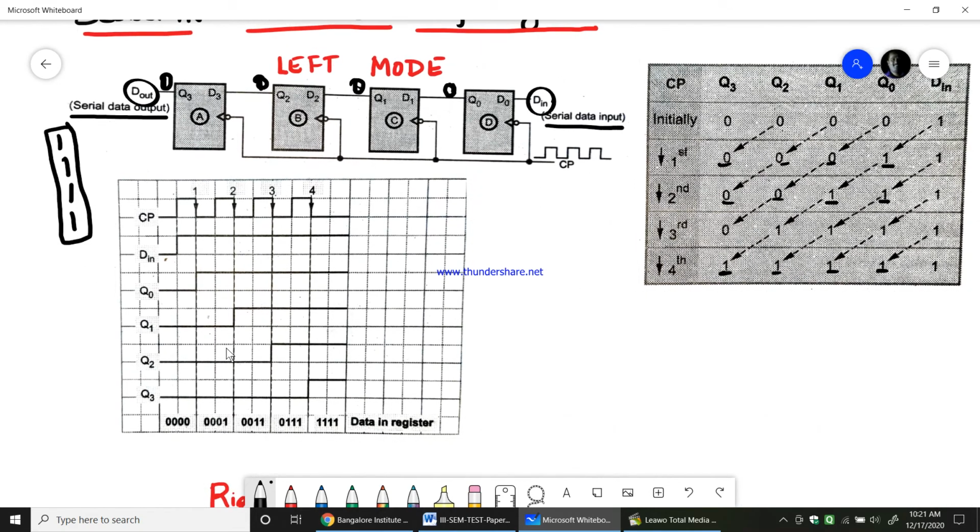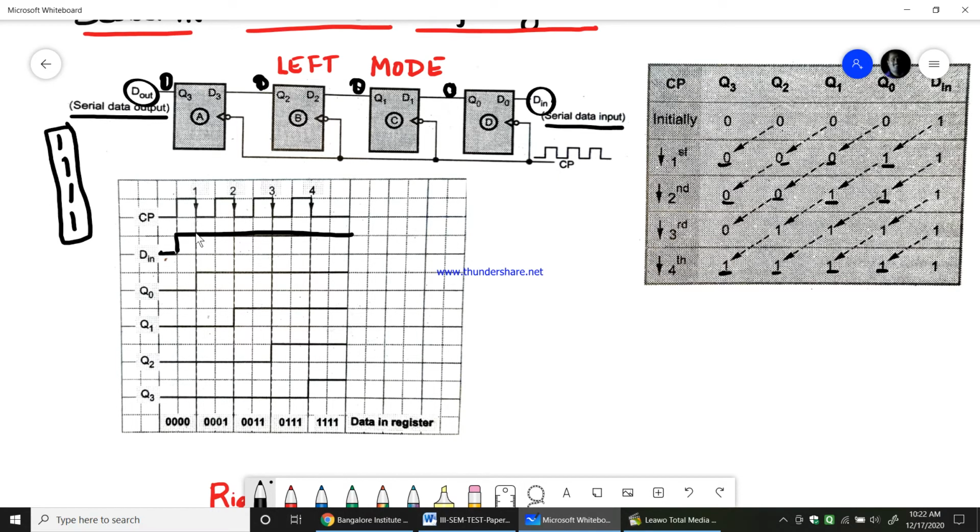Now here, if you see, while shifting, D in was 0 initially, therefore Q0, Q1, Q2, Q3 initially will all be 0. Whereas when D in is 1, D in will become 1 for the next consecutive clock pulse. So D in is 1,